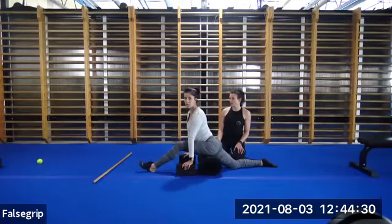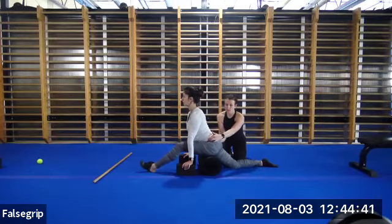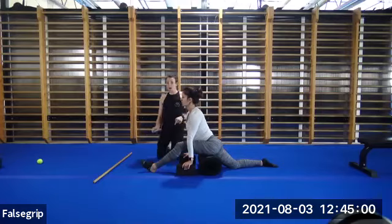Some of you might find, again, having like a chair in front of you to hold on to is going to be helpful here. And I don't want you to rush into a front split, okay? So now she's squaring her hips and she's focused on keeping the back hip down, okay? When we rotate our hips off square, it's not wrong, but it's more like a dancer split, and what we want to try and focus on is that more strict front split position, okay? So she's just taking a nice deep breath in, and then as she exhales, once she's set up the back hip,